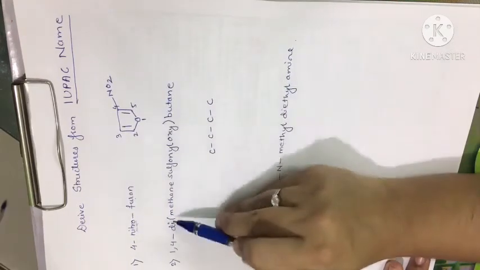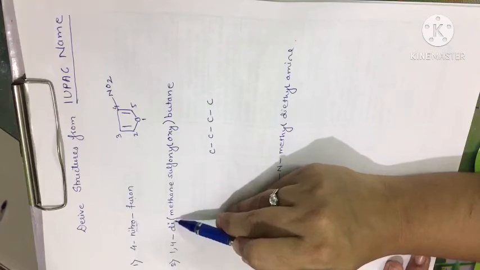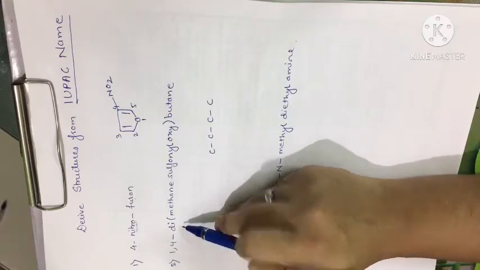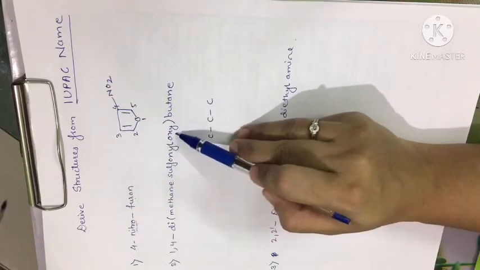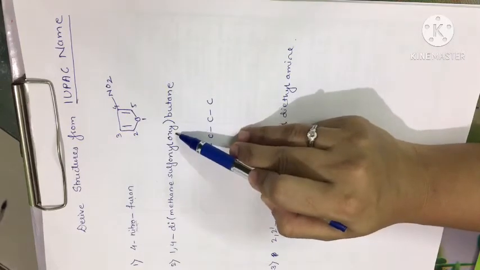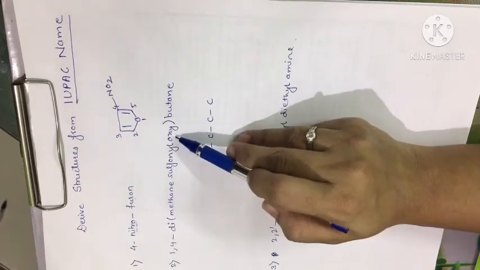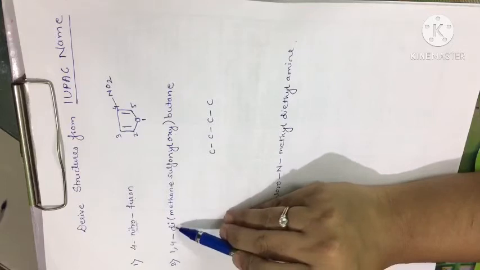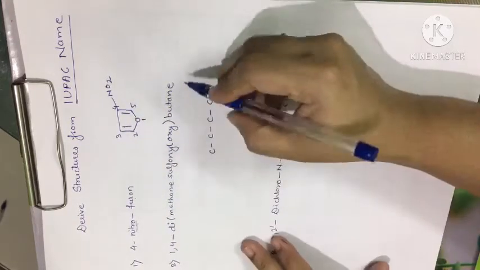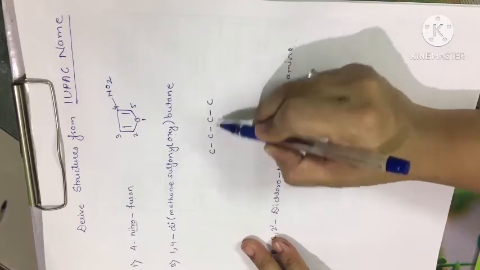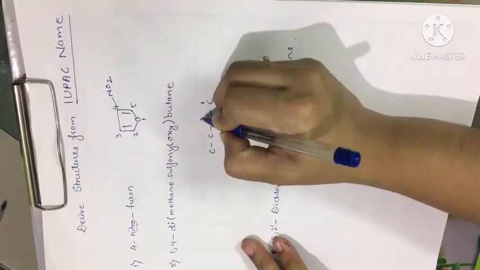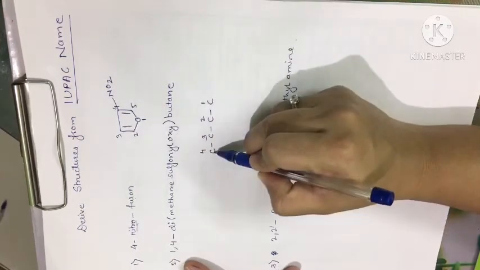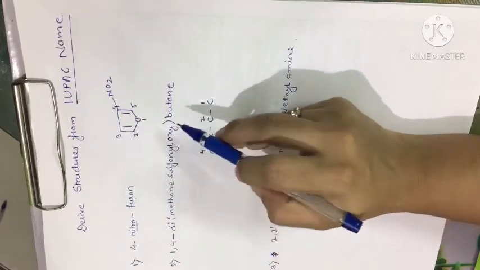That means the bracket is starting from somewhere here, and in front of the bracket there is a word di. That means twice in the structure. Whatever the substituents are present in the bracket is twice in the structure. So we have to find out the positions where this substituent occurs twice. We will go to the numbers in front of this di word, that is 1 and 4. Since this is an alkane, we can number it from any end. So I'll number it from here: 1, 2, 3 and 4. So at the 1 position and the 4 position, we have this substituent twice in the structure.